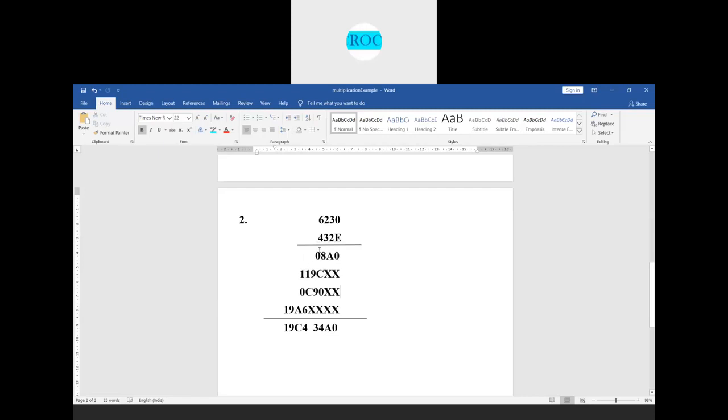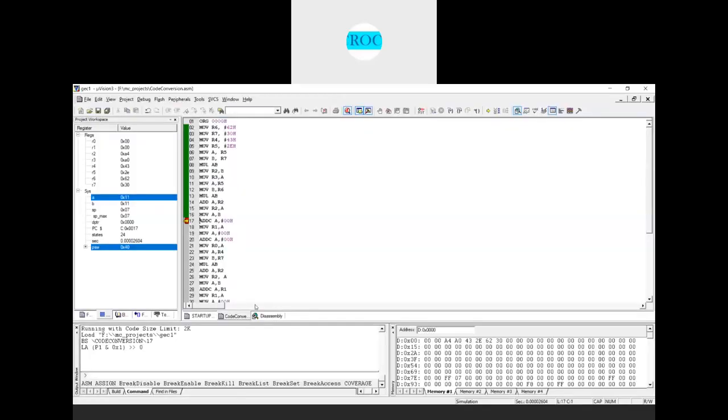If there is any carry, that carry also needs to be considered, so that carry needs to be added with 11. That's the reason I'm doing it here. That higher byte I move into the accumulator, ADDC A, #00H, if there is any carry. Now that content I'll move into the R1 register.